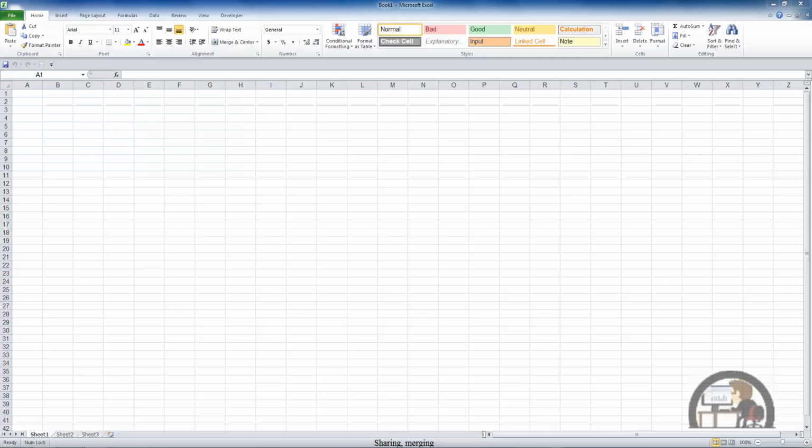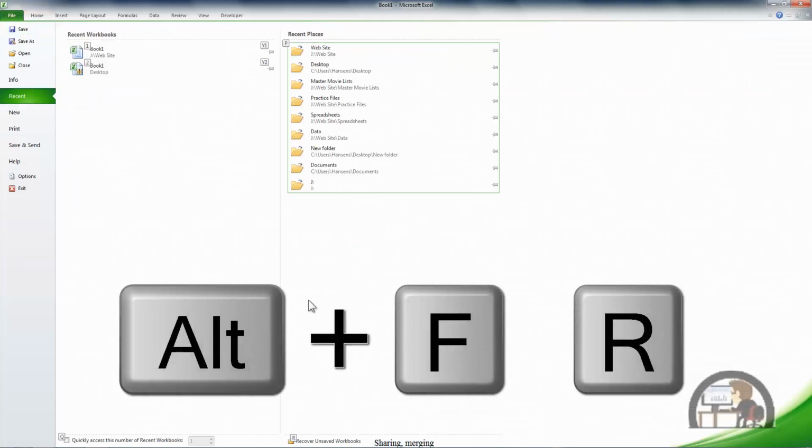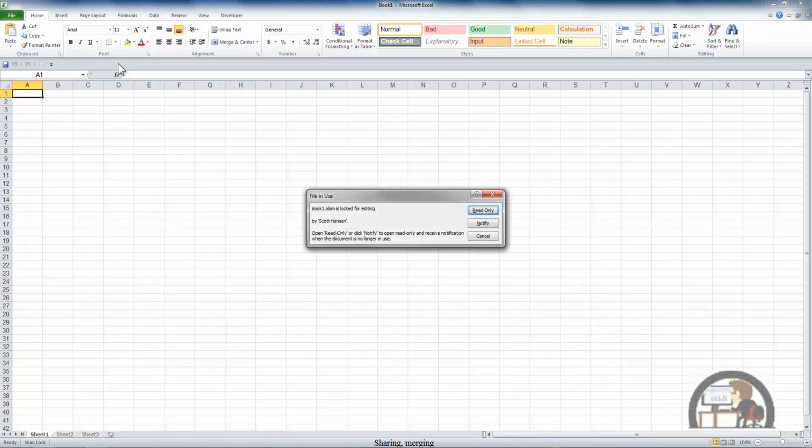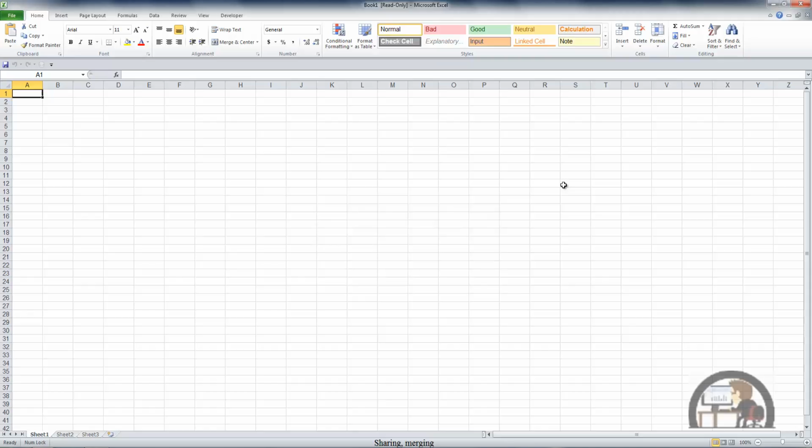And since I have this workbook open, I'm going to open up another instance of Excel. And it tells me Book 1 because I'm in another instance, so I actually have 2 instances, each one with Book 1 open. So I'm going to try to open the other Book 1 that's open in the other instance of Excel by going to Alt-F-R, Recent, left-clicking that one, and Excel tells me the file is in use. I can open it up as read-only, and then save a separate copy for myself, or I can have Excel notify me